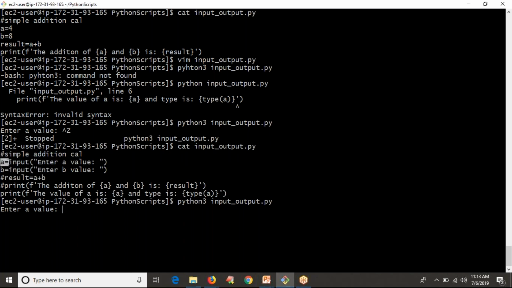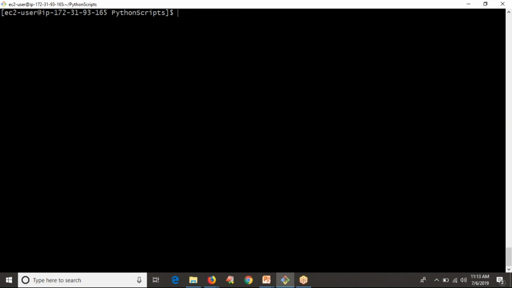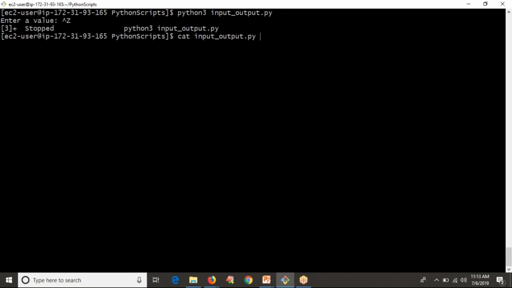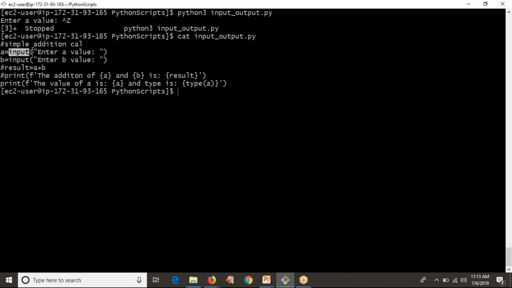Because of a equals to input, first your script will take input with this command, some value from the command line. Let me enter some value 45 and some b value. Then see the output, you are getting value 45 like a string. But you know, that is a number. We want to treat that as a number, but your Python 3 is taking it with the help of input as a string. So whatever the input you are providing, that is always a string if you read it with the help of input.